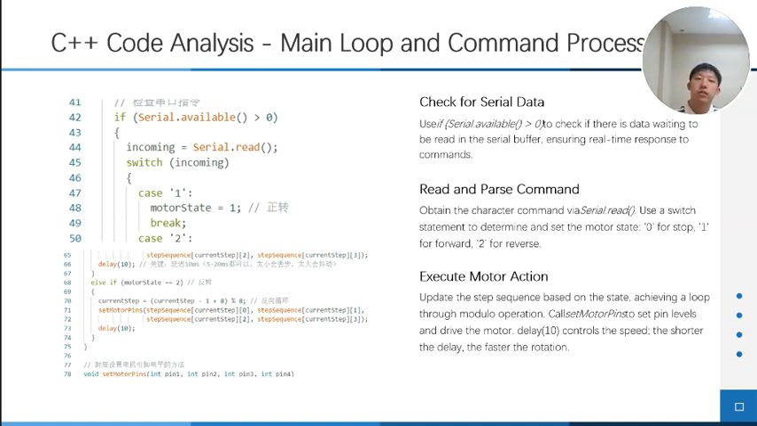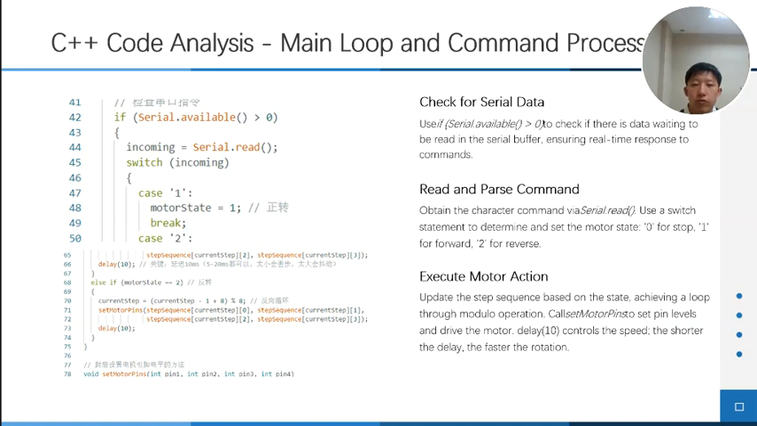Now let's look at the main loop, which runs continuously. First, the program checks if there is any data coming through the serial port. If there is, it reads a character, which is the command sent by the C# program. Then through a switch statement, it determines whether the command is 0, 1, or 2,